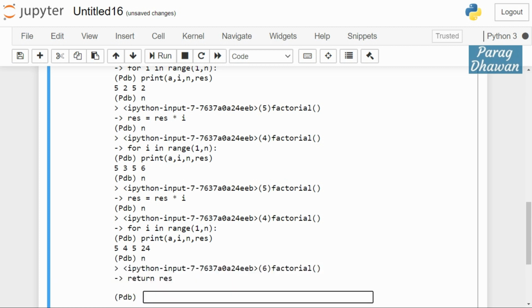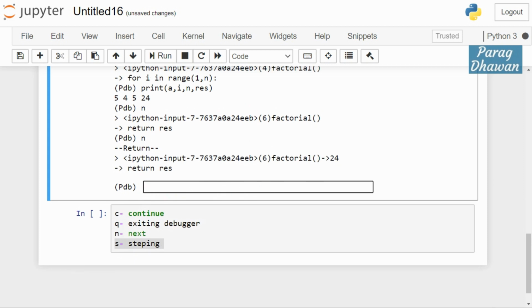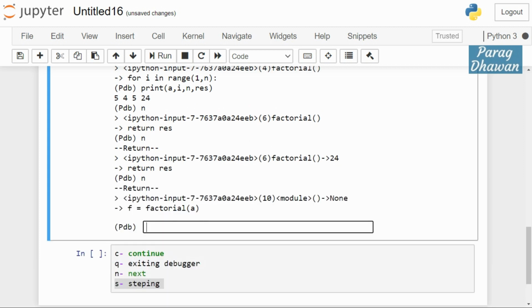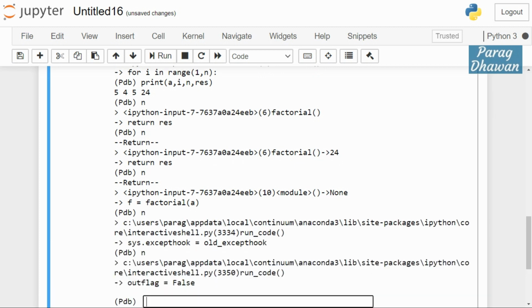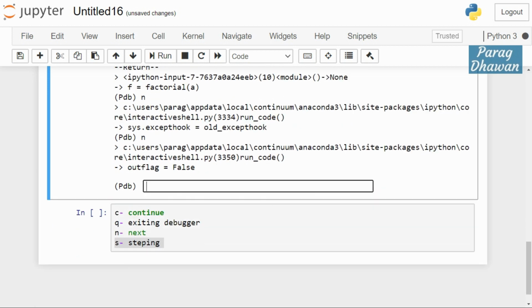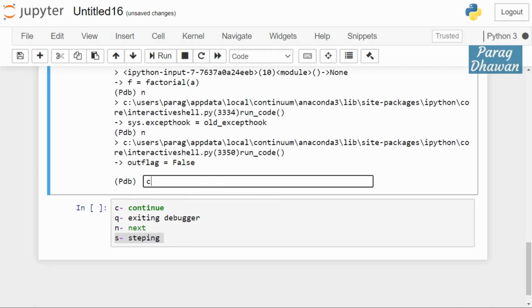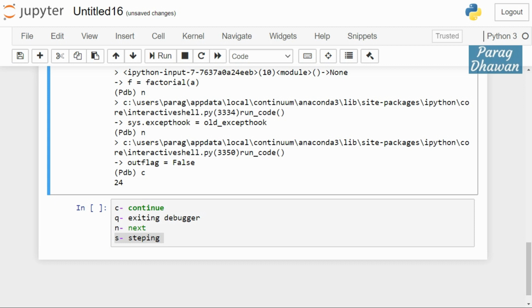Next command, result is returned. Next we came back to the function and we printed the value of f. Okay, we came out of the function, therefore now see, you get the output 24.